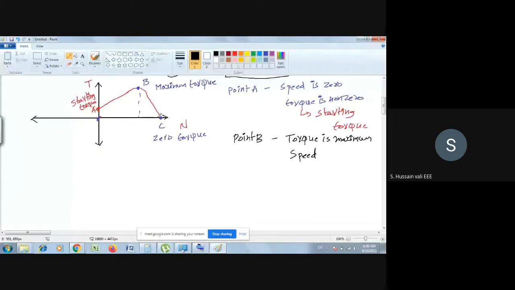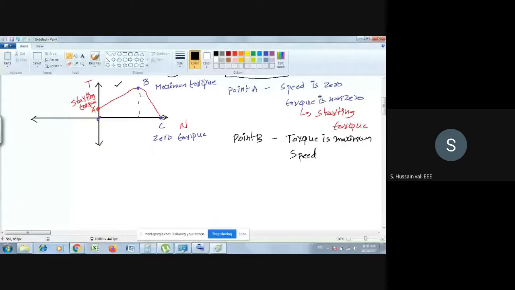Now remember, maximum speed in the sense, don't think that this is the speed and the motor cannot go beyond this. It is not like that. It is just the operating speed, as we are operating in the first quadrant. For the proper operation of your motor, you can consider point C the maximum speed. If you go beyond that, the function of the induction motor may not be as satisfactory. So it's better that we restrict the speed at this point C itself.